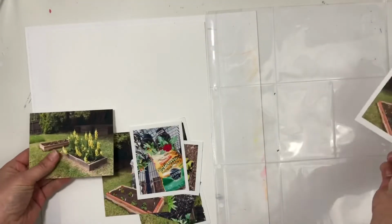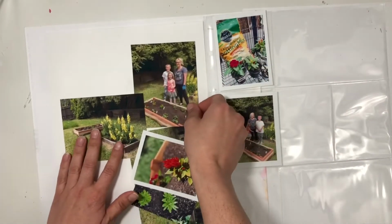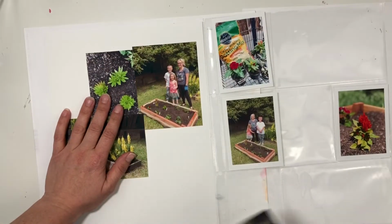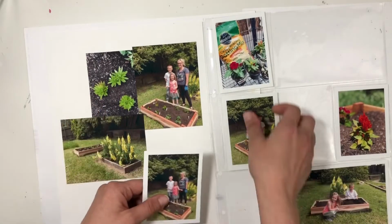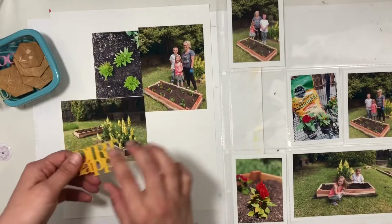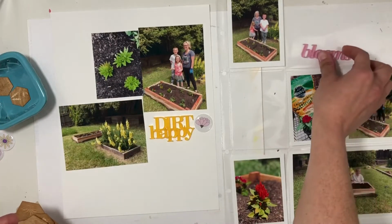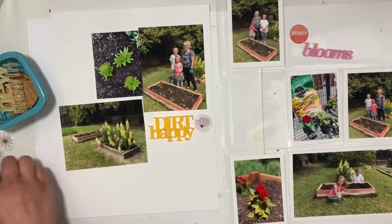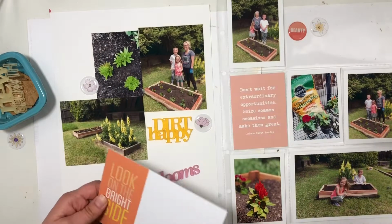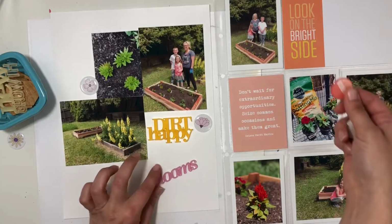Okay, first off, I have to really apologize for this project being crooked probably the entire time that I'm making this. I don't know how I didn't notice. I probably was just really excited to actually be working on my project life, so I just didn't even notice. Once again, I used a digital canvas storyboard to map out where I wanted my photos to begin with. I'm going mostly with 3x4s, 4x6, and then the large photos on the left I think are 3.5 by 4.5, I believe. And I am just laying out my flairs and my Colorcast Designs pieces and trying to decide which